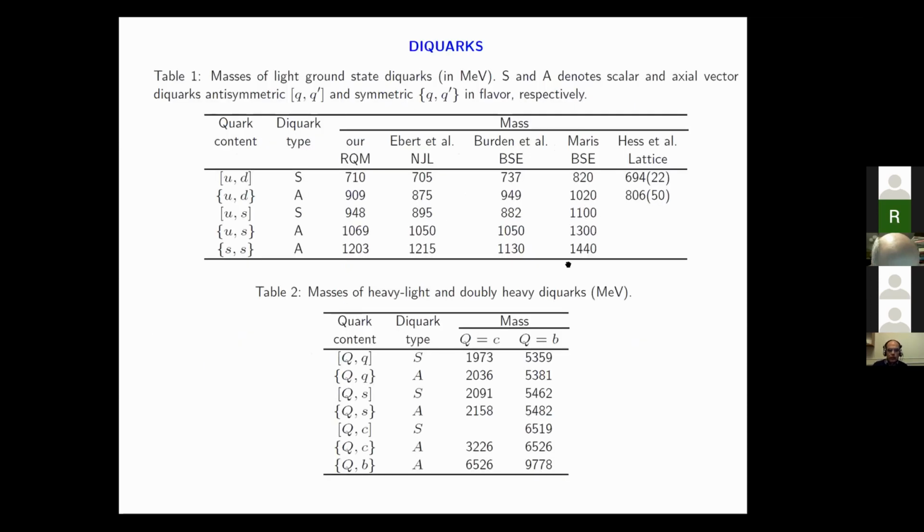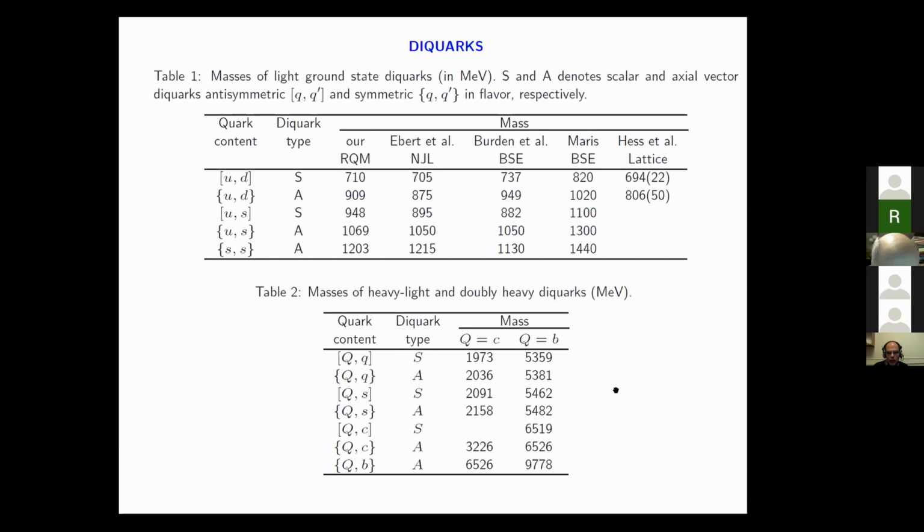Using such an approach, we calculated the masses of the light diquarks. They are just given in this table, and we compared them with other theoretical predictions in different approaches: the nonrelativistic linear model, different versions of the Bethe-Salpeter equation, quenched lattice calculation, and we find that there is a good agreement between these different theoretical approaches about the light diquark masses. Here in this table, I also give the masses of heavy-light and doubly